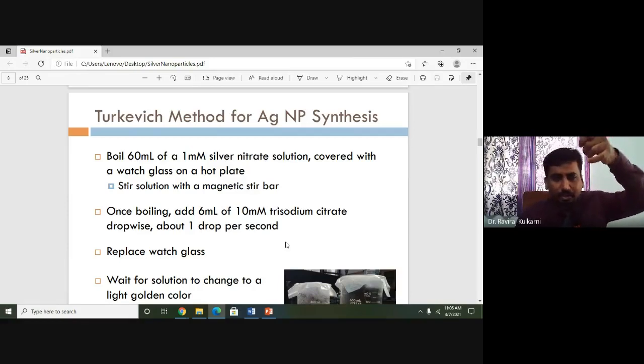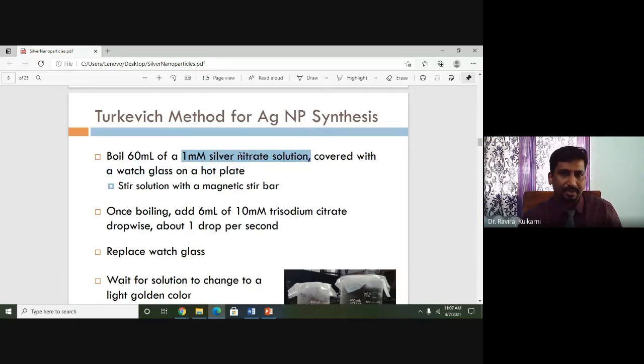Okay, and dropwise we add 1 drop per second to a beaker or any conical flask which contains silver nitrate solution of this concentration. Right, dilute silver nitrate solution. 1 drop per second I am adding. Or sometimes you can add 1 drop per 2 seconds. As slow as possible, you have to add trisodium citrate with stirring. Okay, then